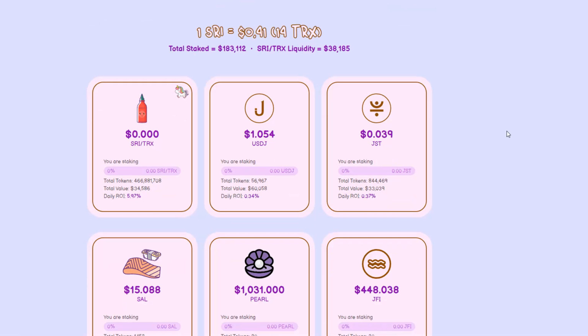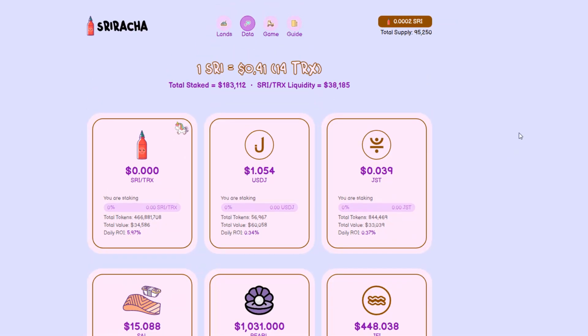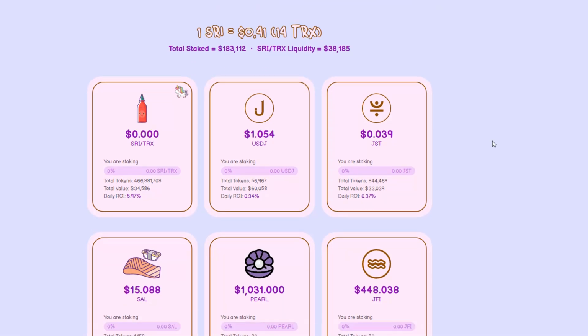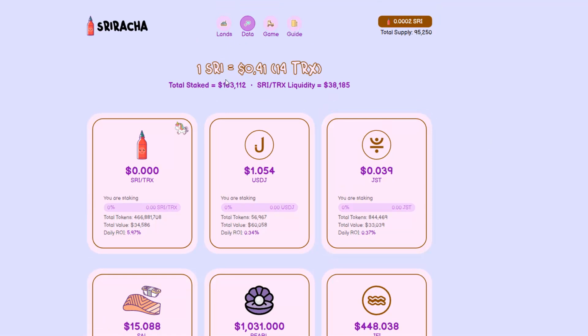I did a video on this when it just first came out, and I was making 800% in that day for a couple of days, and then it just started to take a dump. And I saw this kept on gradually going down and down. The liquidity pool was up to 1 million, and it kept on going down. I'm thinking, what's going on here? Someone just keeps on dumping.